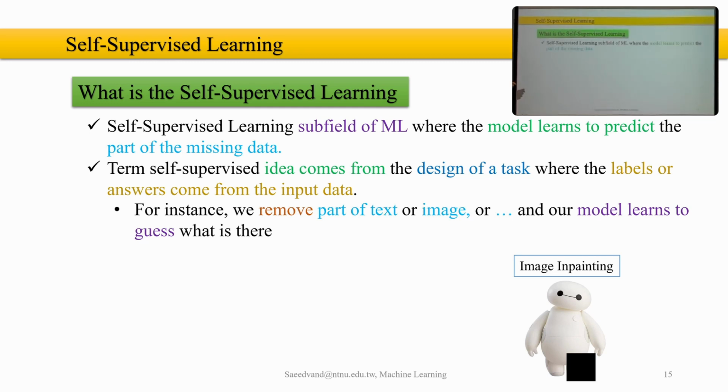Self-supervised learning is a subfield of machine learning where the model learns to predict the part of missing data. So you have data, and you want to detect part of the missing data. In self-supervised learning, the idea comes from designing a task where the labels or answers come from the input data itself. Can you say any example